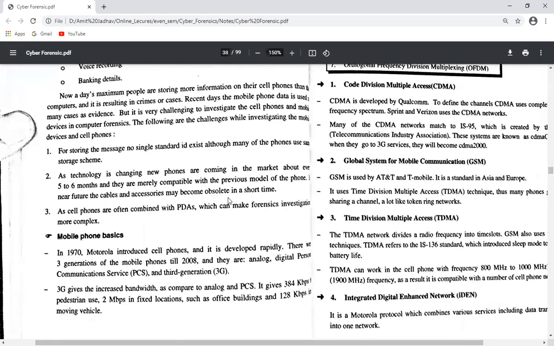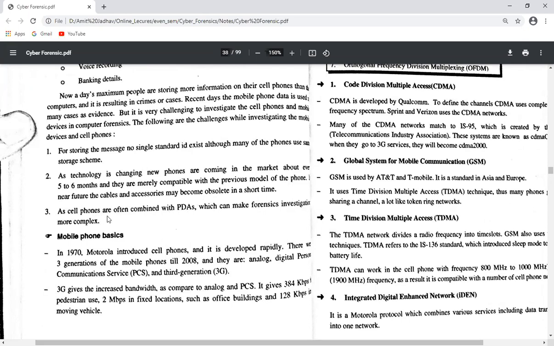The new models have new technology, the programming is different, and the tools used are different, so the old ones become obsolete and no one can use that mobile.